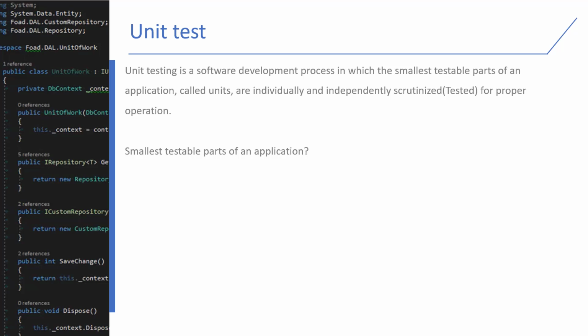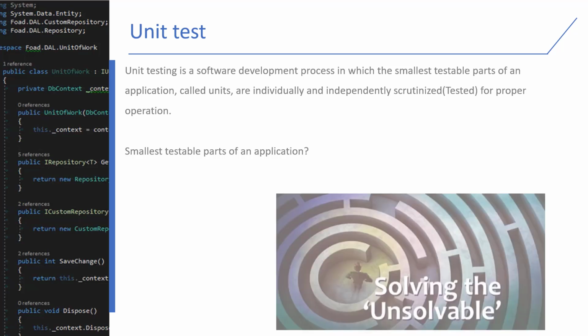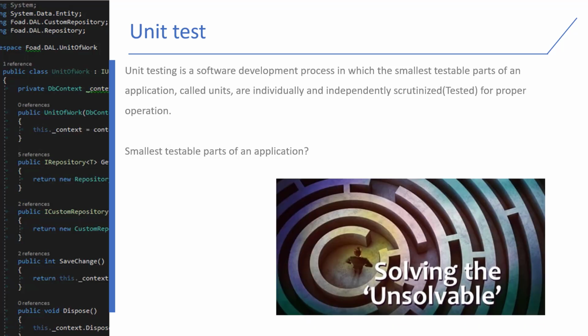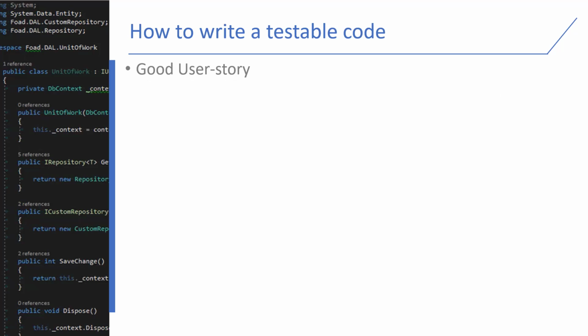Yeah, stupid, I know, but in reality we will face this kind of code. Then how do we write code, a method, in a way that it is small enough? Okay, first of all, everything starts with the user story.